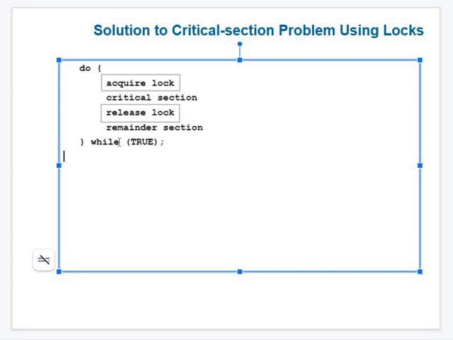Very simple way: two people are standing in the queue, and one person is standing not in the queue. He wants to rush into the ATM center. Just imagine one person is already inside the ATM center. The first person comes out, the second person is about to enter. At that time, this fellow who is not in the queue rushes into the ATM. Such a situation is not possible to solve using this hardware synchronization. Actually, hardware should allow only the person who comes in the queue. Otherwise it is not possible to do.